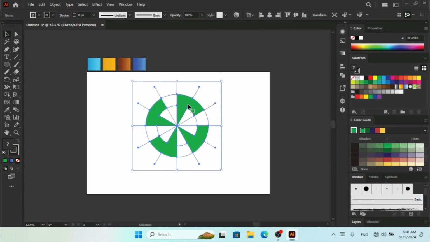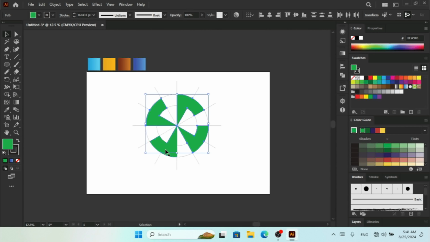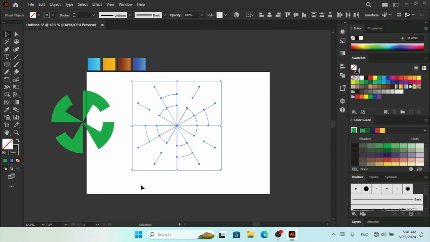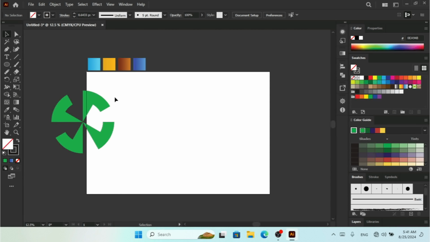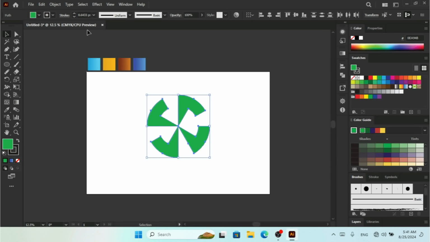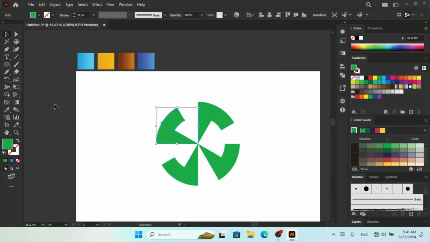Now we made this group of company logo design. This company logo name starts with this O letter. Let me remove the stroke. Now we are going to apply the gradient colors. We are going to use the eyedropper. We are going to use this one. Select this, apply this color,